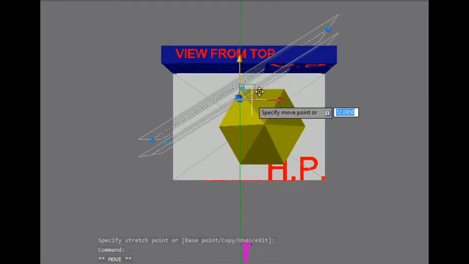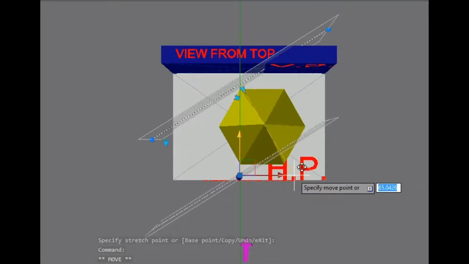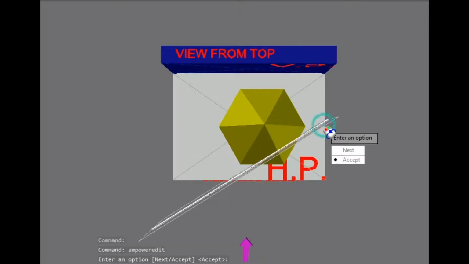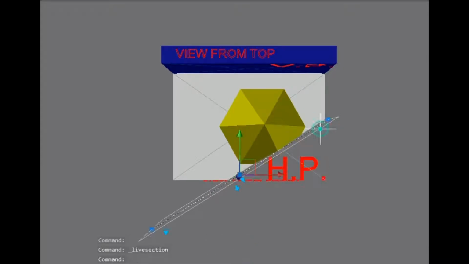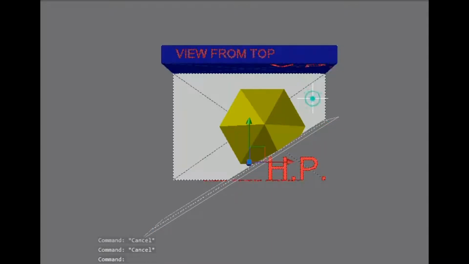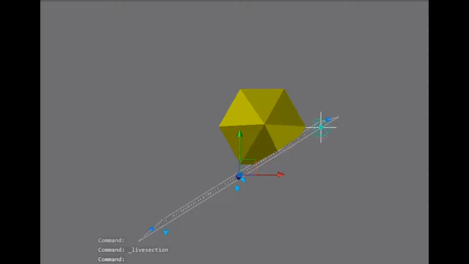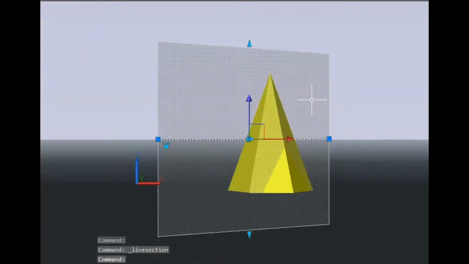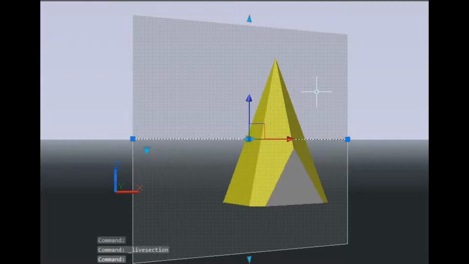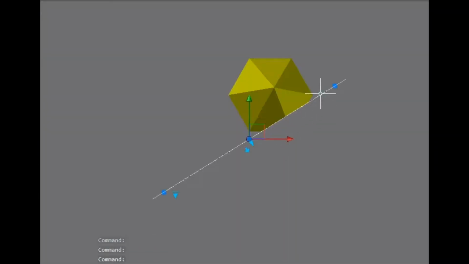I'll first take the angle, and I will place the section plane here at our nearest edge because it is visible to us. We can take the backside also, but as common sense, we should take this cutting plane in front of us so that we will get the sectional front view. Now you see from the top, when the section is cutting the solid, some portion gets removed, and you can observe it right now here. In the front view, you can find the removed portion appearing as a small triangle. We will get hatching lines on that portion. So this is the final solution which we have to draw in the drawing sheet.